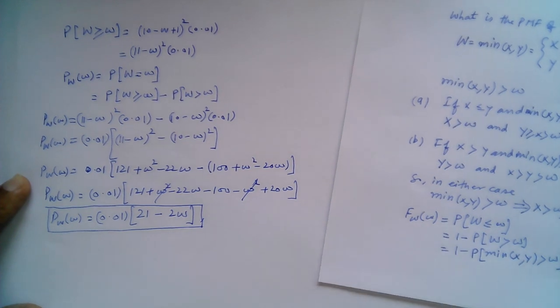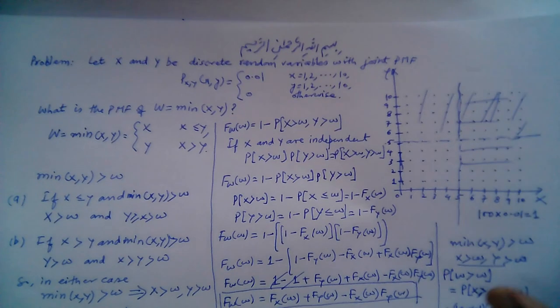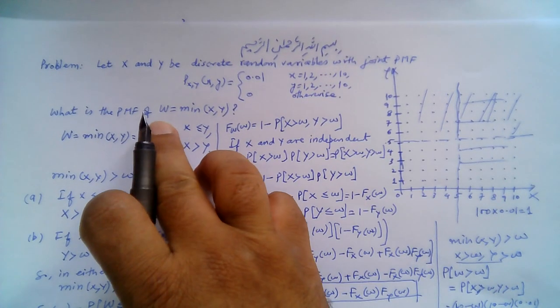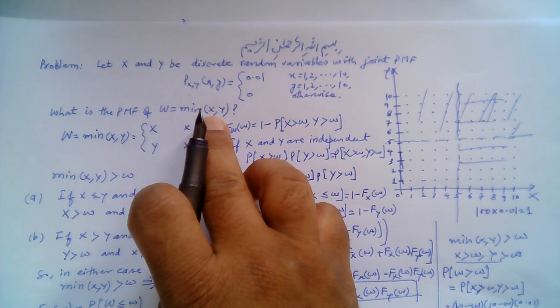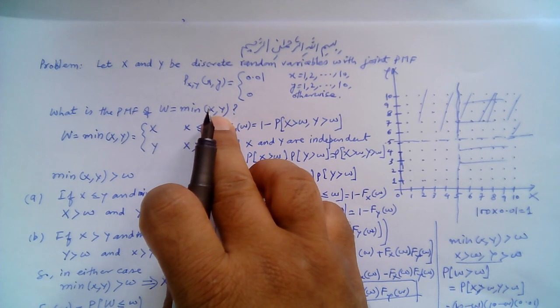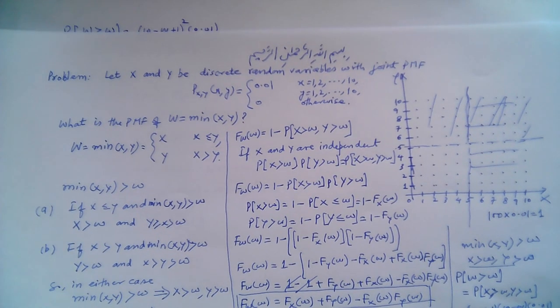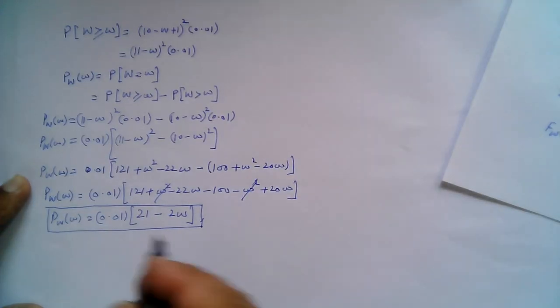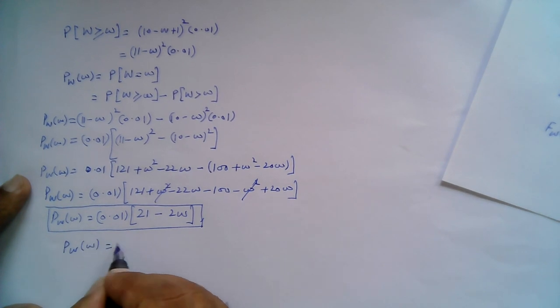And the random variable W also takes values from 1 to 10, like random variables X and Y. So W is only a function of X and Y, the minimum value of X and Y, right? So it takes on only those values which X and Y take. So if X takes values from 1 to 10 and Y takes 1 to 10, W also takes these values from 1 to 10. So the complete PMF for random variable W can be written something like this: